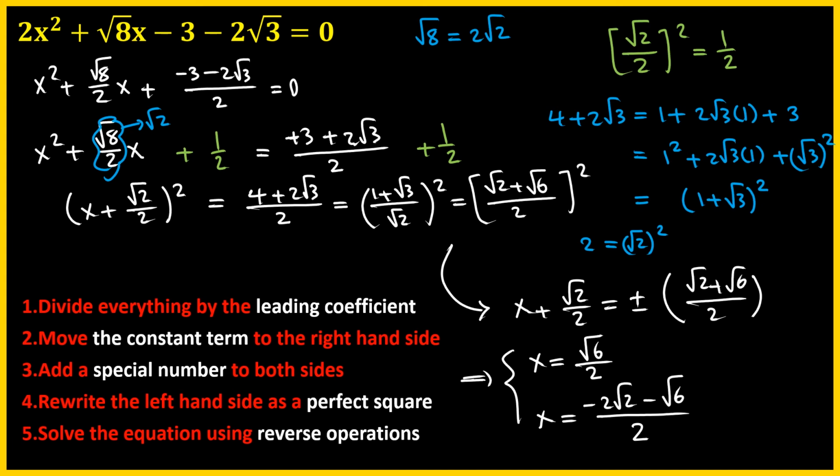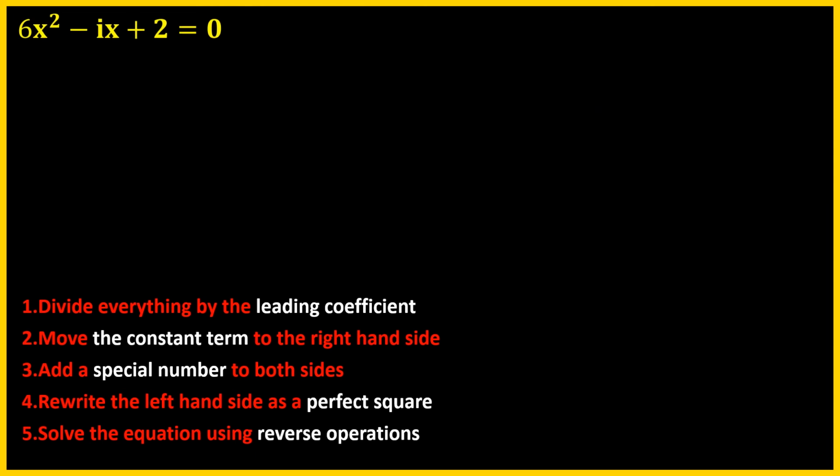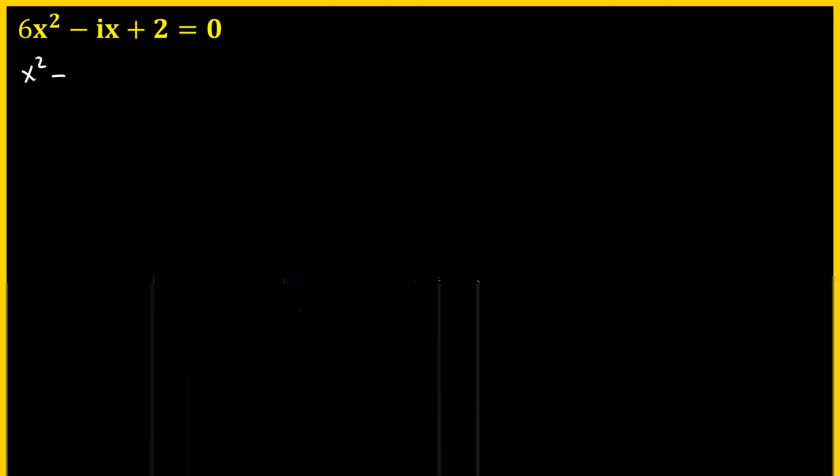Great. Now let's go ahead and take a look at the last quadratic equation, in which the coefficient of x is going to be negative i. So the last one is 6x squared minus ix plus 2 equals 0. Again, we're going to use these 5 steps to complete the square and solve for x. So first of all, we need to divide everything by 6. And if we do that, we get x squared minus i over 6 times x plus 2 over 6 equals